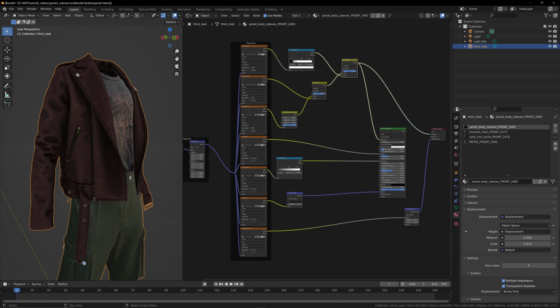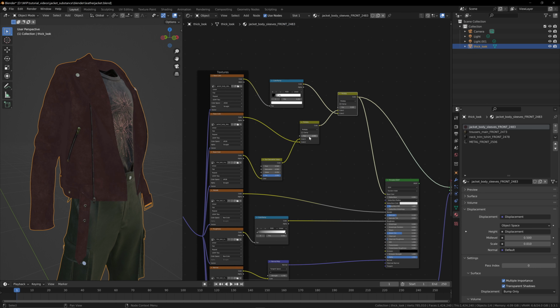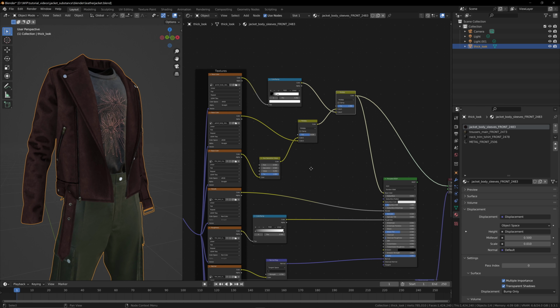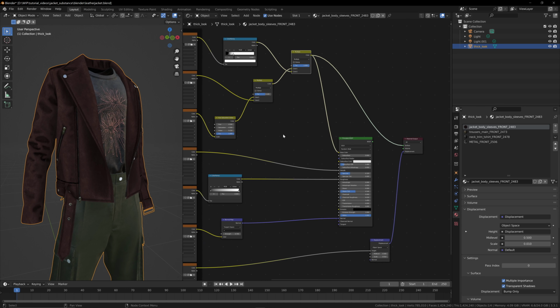So this is one control we've created, and then this here is another control. If I turn these completely off, this is our base color now, and if I turn a bit of the shadows up and a bit of the curvature up, we've started to add in more levels of detail into this base color. So again, to view this whole material, I'm going to do Control Shift and left click the